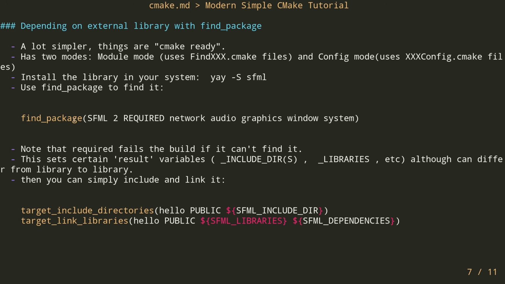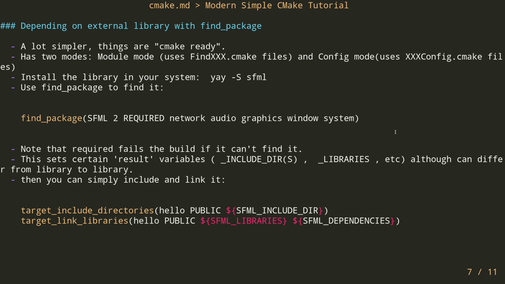So we've seen how we can use find_package to link to a library and then depend on its libraries and include directories automatically using the variables that the find_package sets, or actually the Find something.cmake or the XXXConfig.cmake sets. And we'll talk more in detail about how this works in later videos, but for now, let's move on to